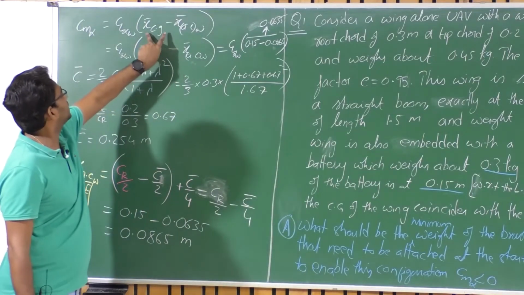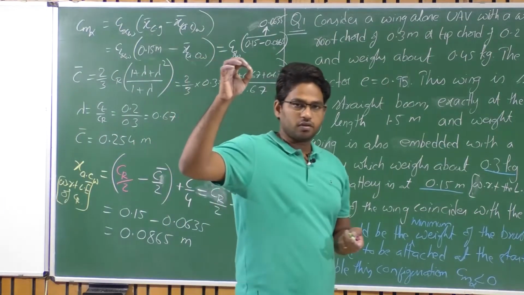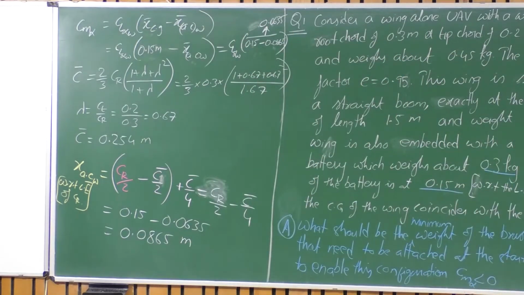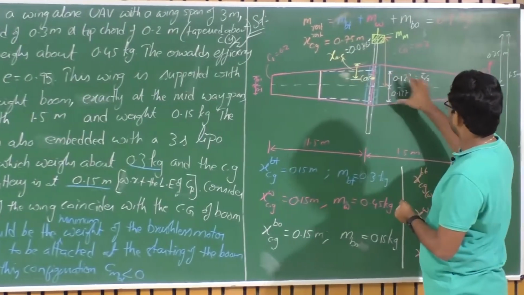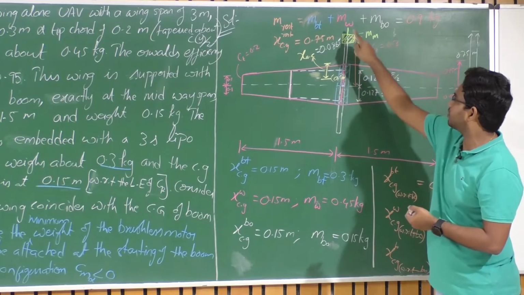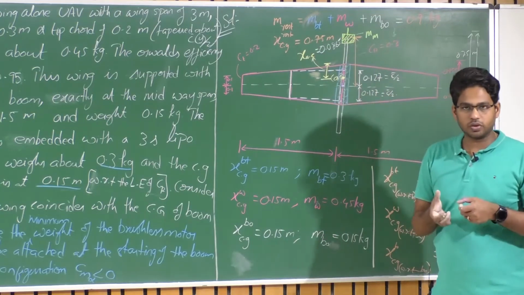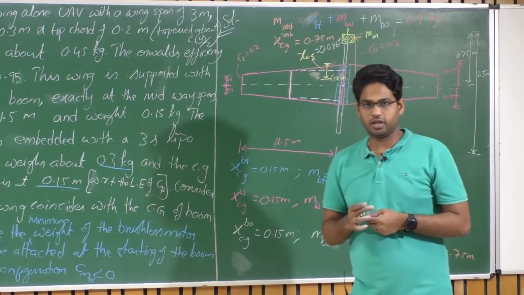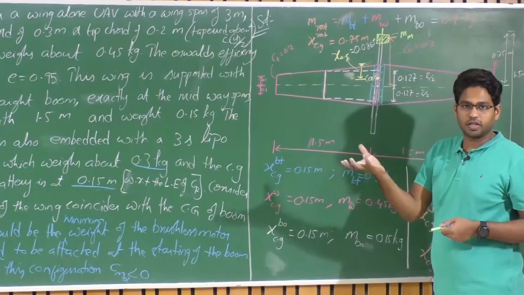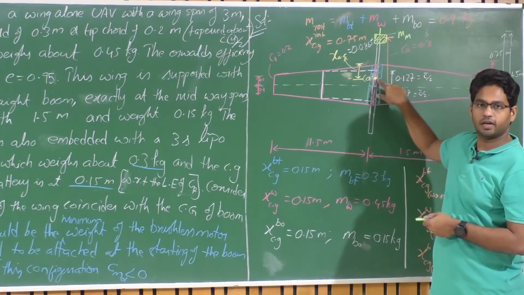CM alpha can be 0 when CG equals the aerodynamic center. So now let us find out what weight we are adding ahead of this wing that brings the CG to the aerodynamic center. Right now the CG is at this taper axis, and the aerodynamic center is here. So I need to bring the CG of this entire configuration without motor to this aerodynamic center by adding a particular motor. Now I need to choose the minimum weight of that motor, so first of all we need to know the weight of the motor that makes the CG coincide with the aerodynamic center.